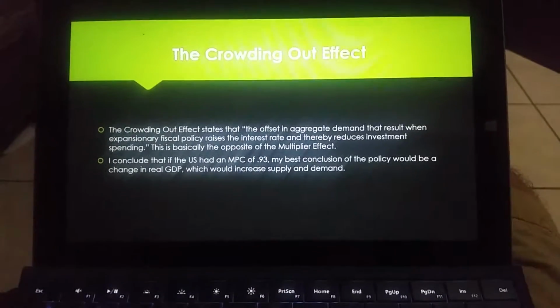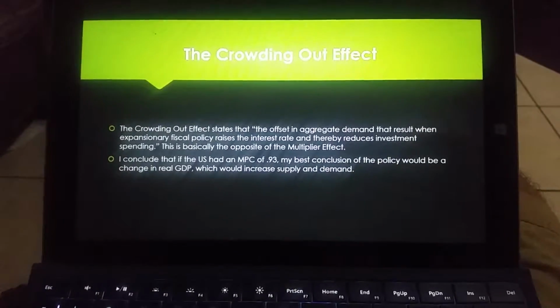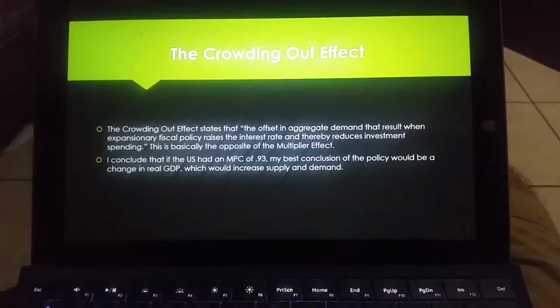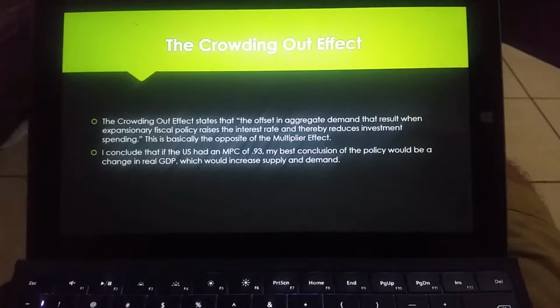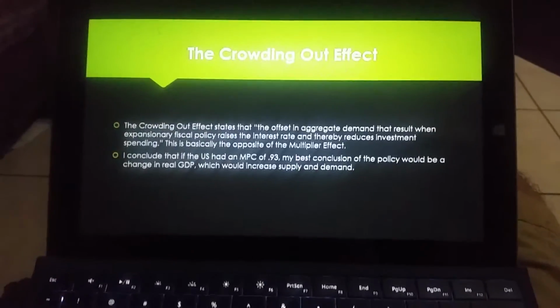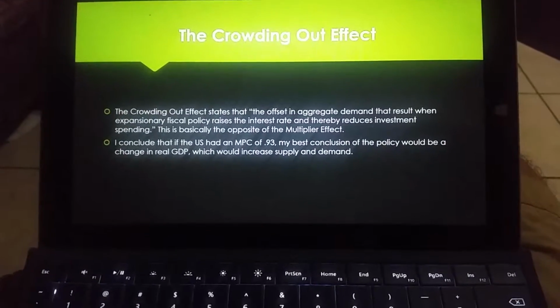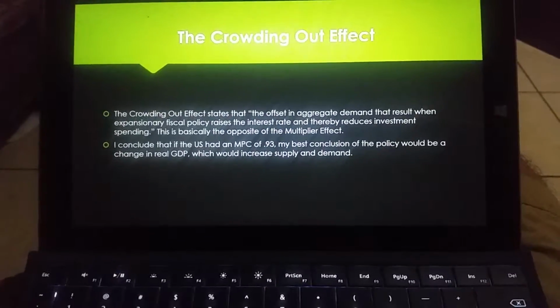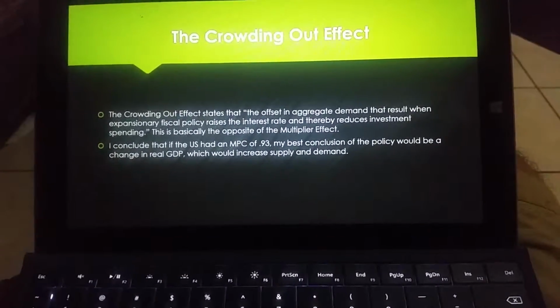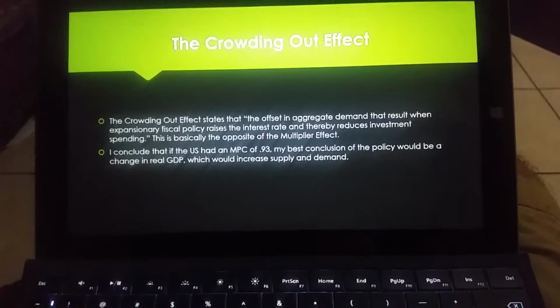The crowding out effect. The crowding out effect states that the offset of aggregate demand results when expansionary fiscal policy raises the interest rate and thereby reduces investment spending. This is basically the opposite of the multiplier effect. I conclude that if the U.S. had an MPC of 0.93, the best conclusion of the policy would be a change in real GDP, which would